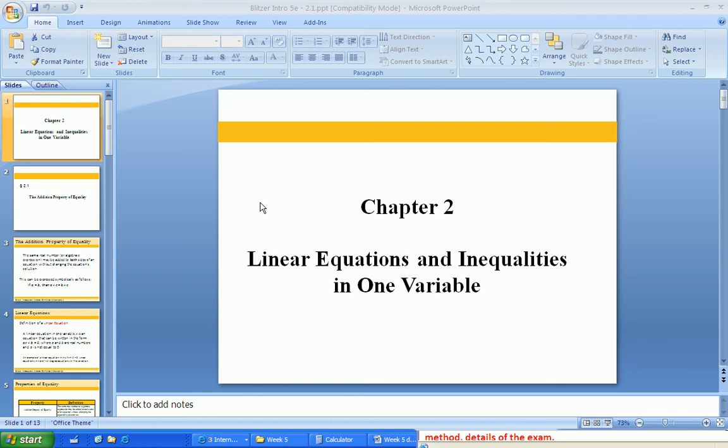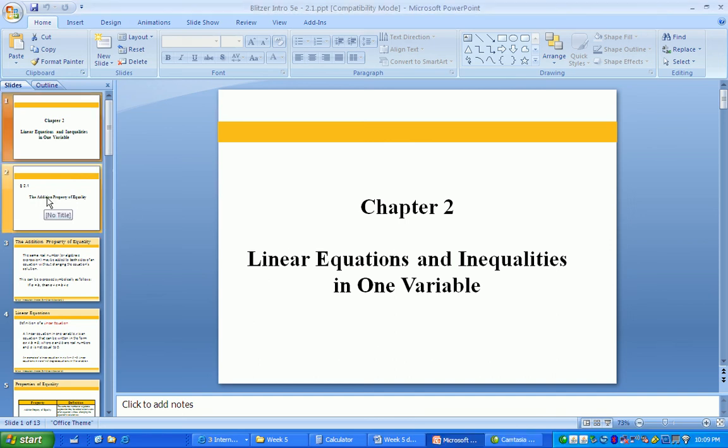Okay, now we're going to go ahead and start discussion about Chapter 2. In Chapter 2 we start getting a little more involved in actual algebra, and the first part we're going to be talking about is linear equations and inequalities of one variable. So some of the definitions